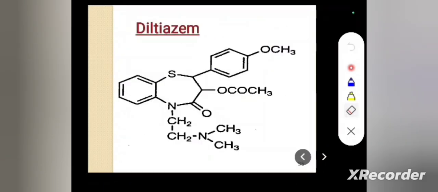So next, the drug of the antiarrhythmic calcium channel blockers: